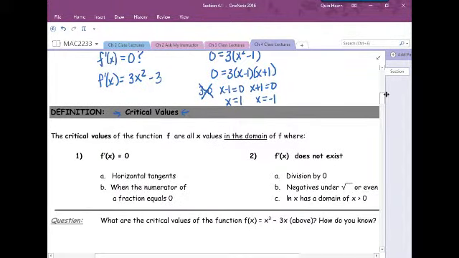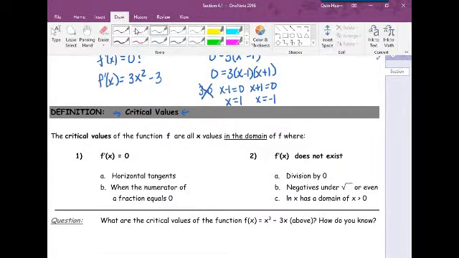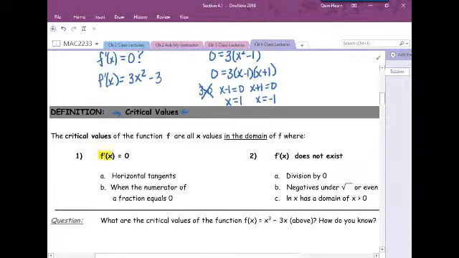So anywhere where our first derivative is equal to 0 is considered a critical value. But strange things can also happen, and important things can happen where the derivative is undefined, does not exist, I should say. All right, so